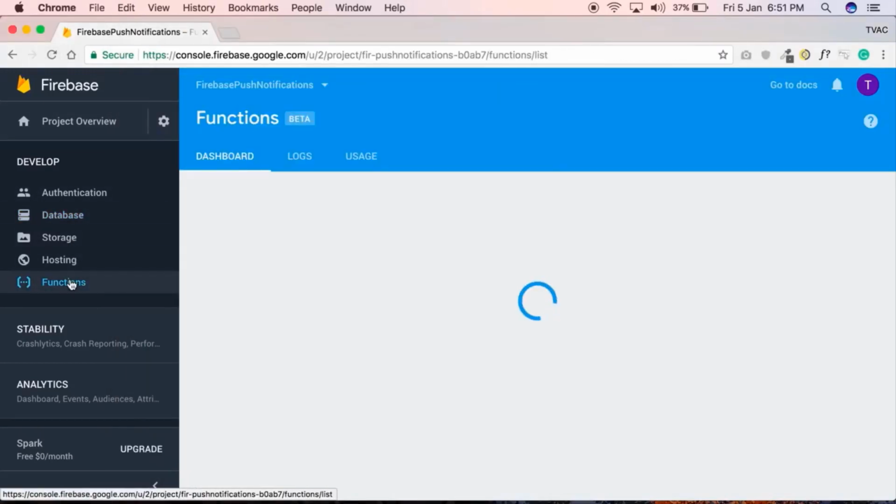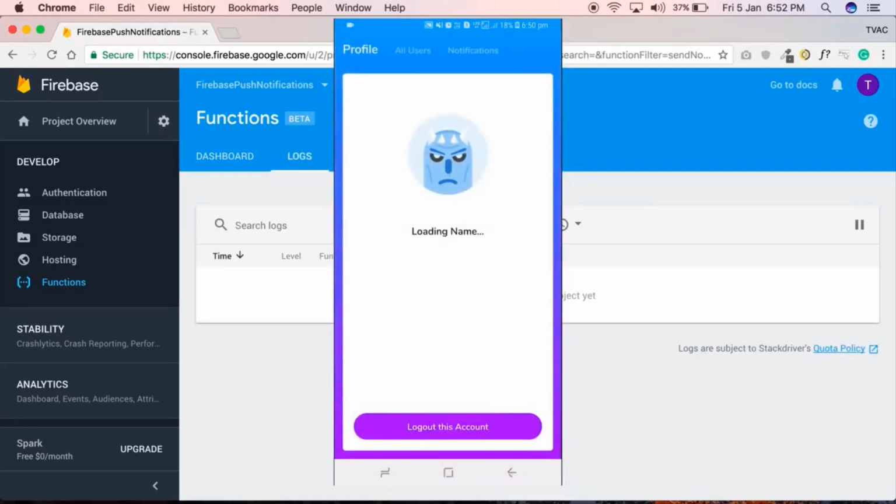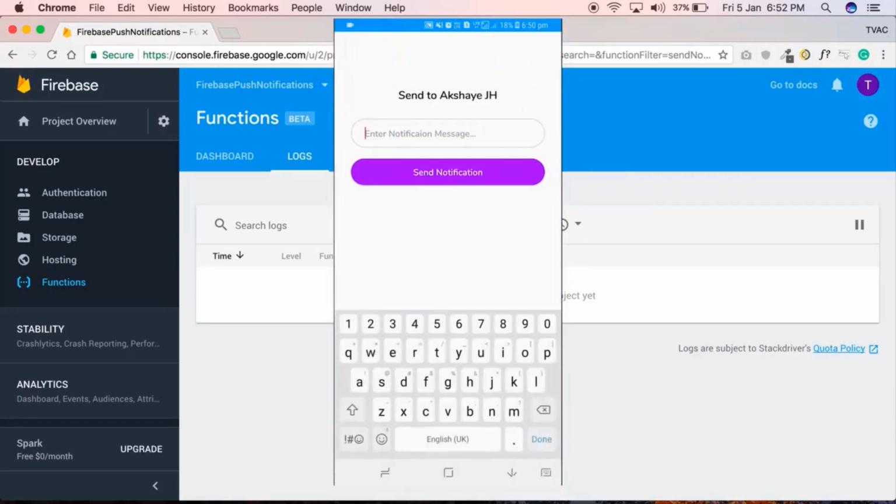So let's go to the functions section in our Firebase console, and in the dashboard you're going to see that our function is right there, called sendNotification. We're going to open up the logs for the function. So let's open up logs, and right now let's send a notification. Right now we don't have anything in it, but as soon as we send a notification to some user,